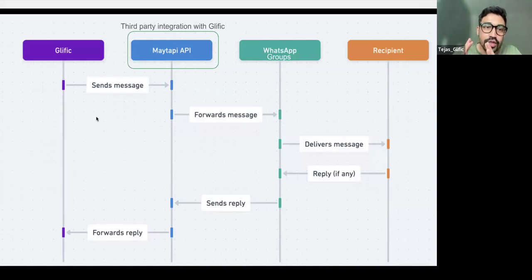But yeah, the context here is, it is not the same number as your chatbot number. It's a different number that you have to link to another service called Metapi, and we have to pay a subscription charge to Metapi. And then this phone number that you have linked with Metapi gets linked with Glific, and then you can use the Glific interface to automate sending messages, receiving messages, getting whatever messages are coming in your